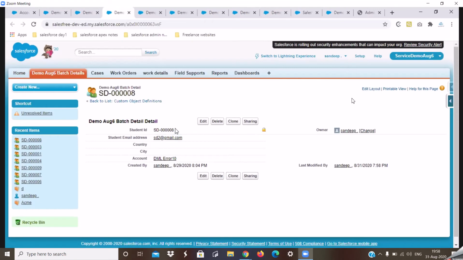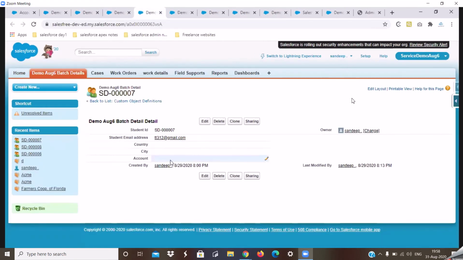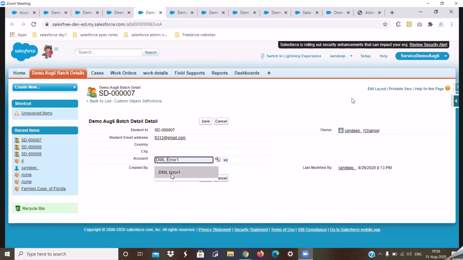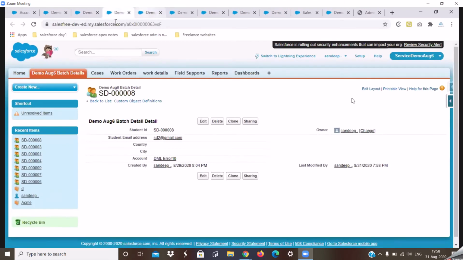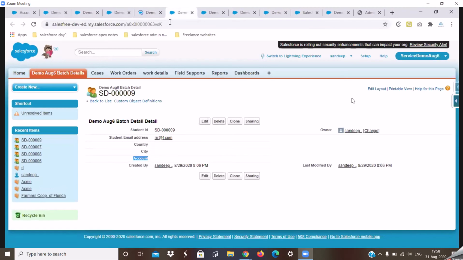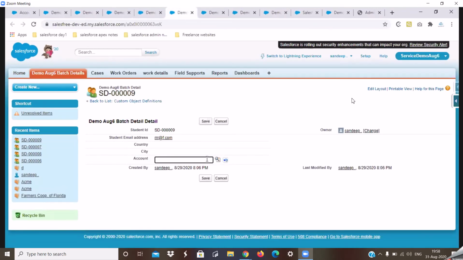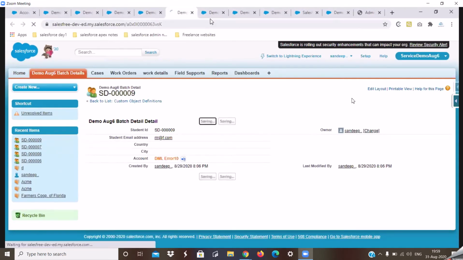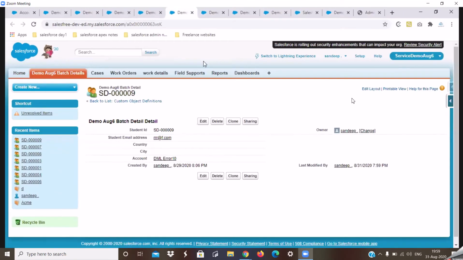Right. For that reason, it is making sure that I fill out all the records with one parent or the other. It is making me fill out all the child records with some information. All right. I'll go ahead and save all the child records with some parent or the other so that we don't get any errors while converting this relationship. All right. So this is one key important point that you need to keep in mind once you are converting a lookup relationship to a master detail relationship.